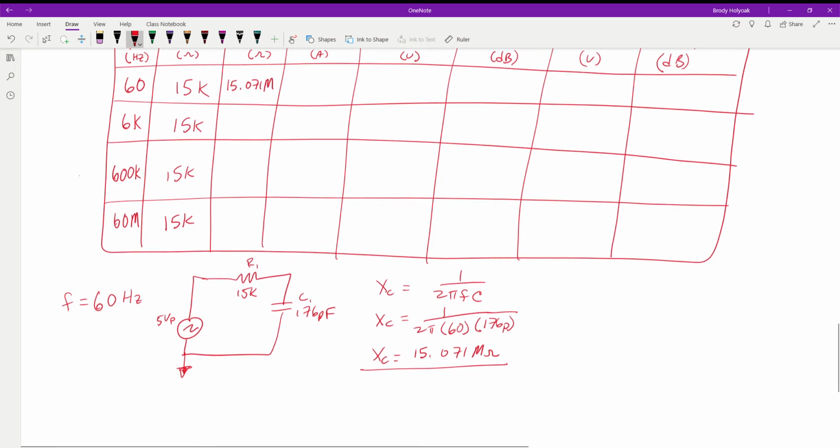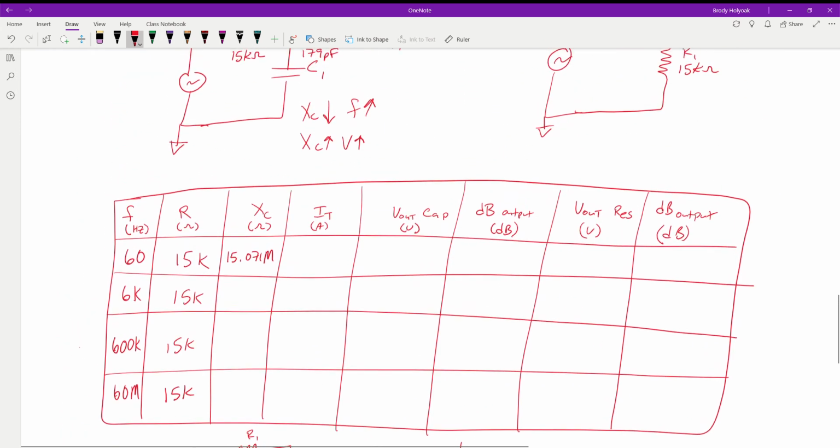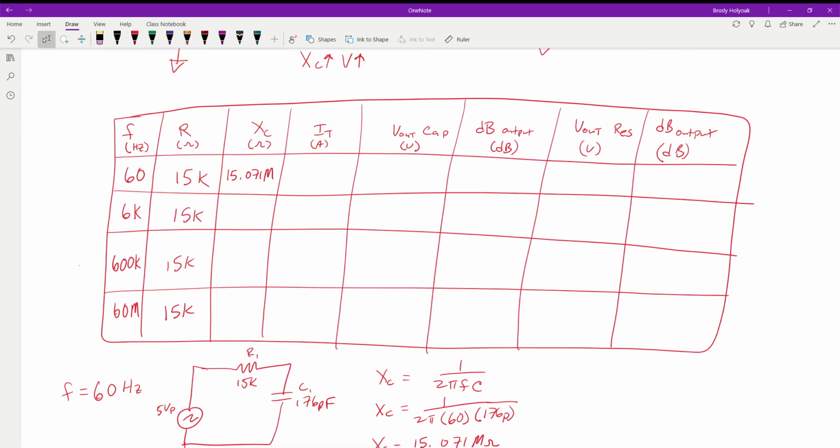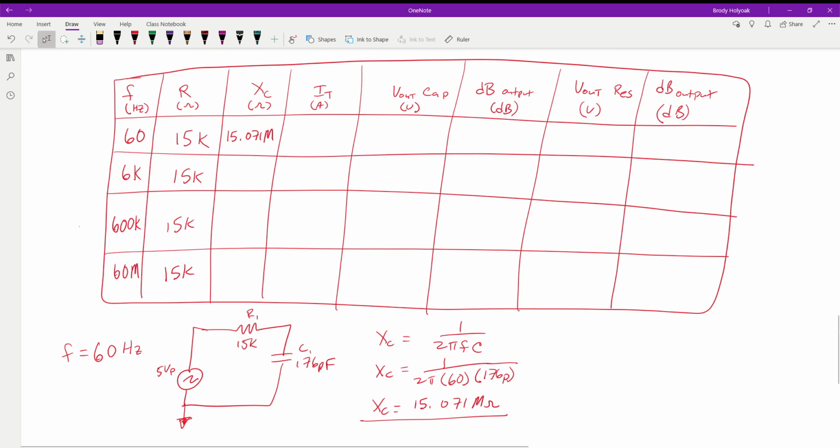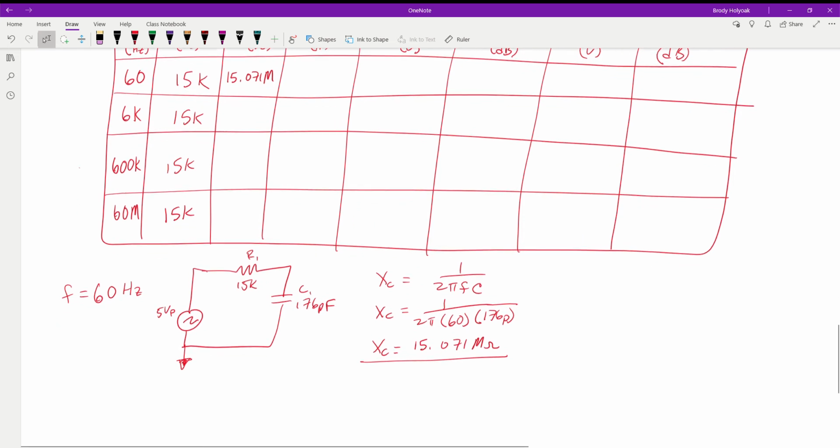Now, one thing that we did not include on here was our total impedance of the circuit, and I probably should have added that to our chart. Let me just look through my notes real quick. I did not include it on any of my charts, so we won't add it in there right now, but we can still get it, and it'll be in our notes for next time. So we won't worry about recording it on the chart, but just understand that we still have to find that.